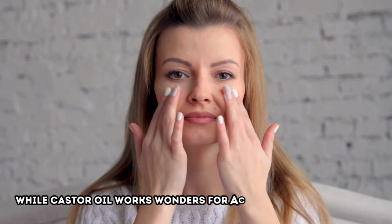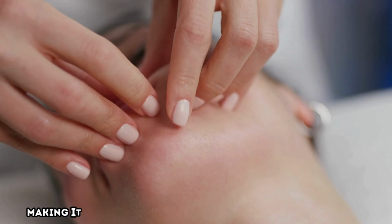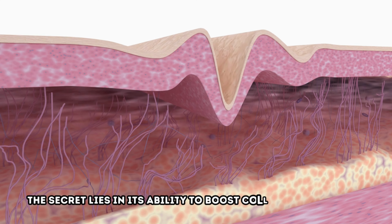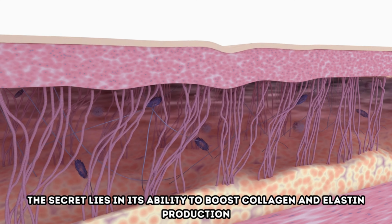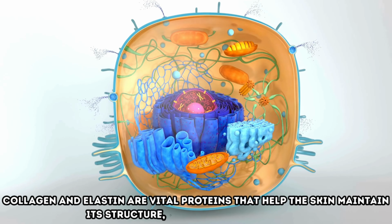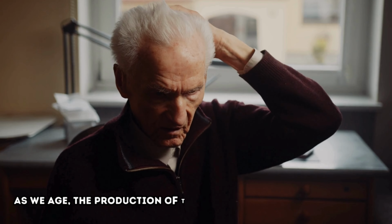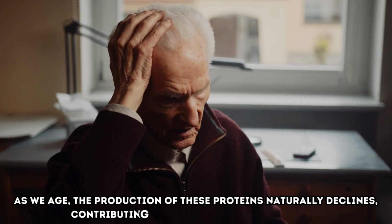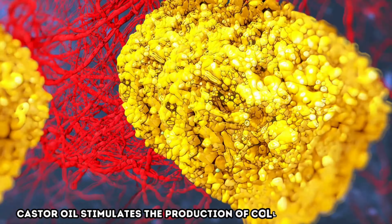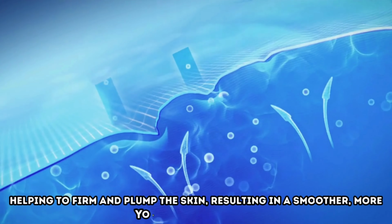While castor oil works wonders for acne, it's also incredibly effective in reducing the appearance of wrinkles, making it a must-have in an anti-aging skincare routine. The secret lies in its ability to boost collagen and elastin production. Collagen and elastin are vital proteins that help the skin maintain its structure, firmness, and elasticity. As we age, the production of these proteins naturally declines, contributing to sagging skin and wrinkles. Castor oil stimulates the production of collagen and elastin, helping to firm and plump the skin, resulting in a smoother,